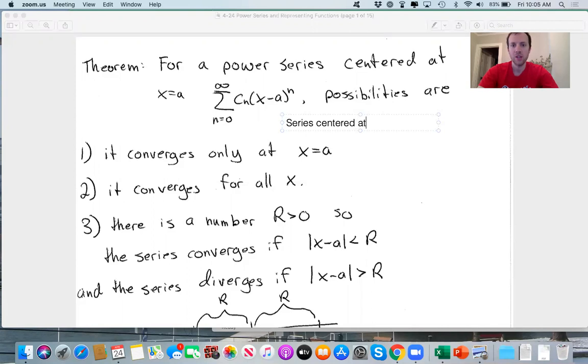If you have a series centered at 0, it looks like, I'll just use some letters, there's c_0 plus c_1 times x plus c_2 times x squared plus c_3 times x cubed,